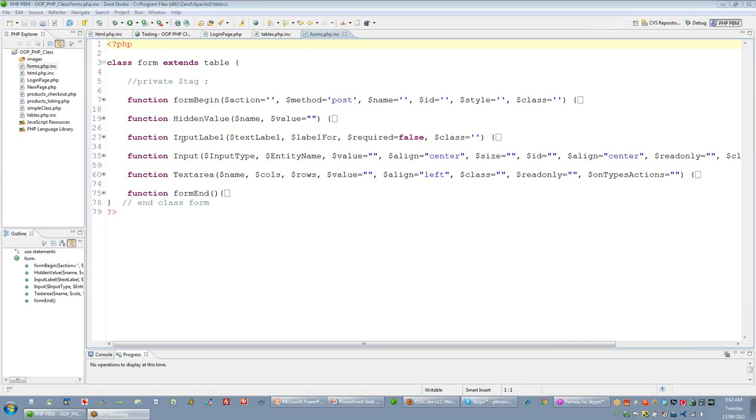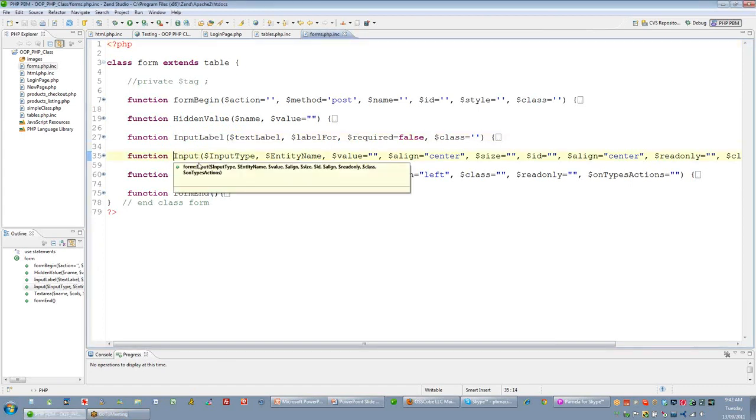So the label is the label describing the input value. The input is, we'll see this in a minute, the input type, whether it's a checkbox or a single line edit or a radio button or anything that's similar to an input type. And the only variation on that really is the text area, so I made a separate method for